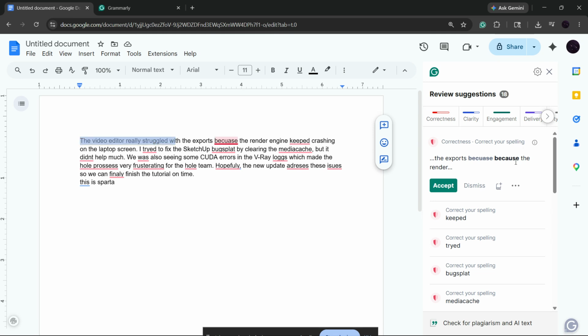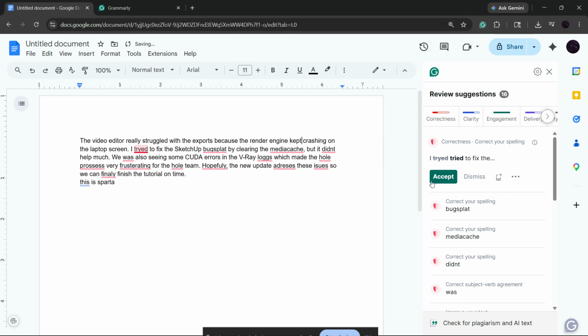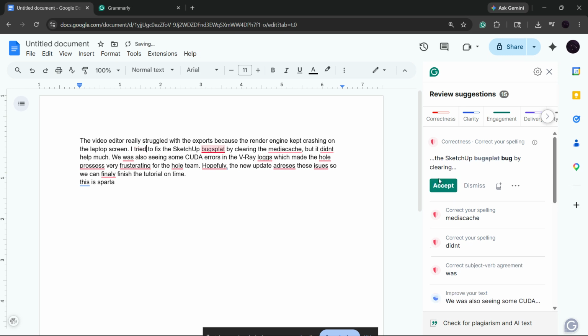correction. That auto jump feature is the real time saver here. Instead of searching around your document after every fix, Grammarly moves you straight to the next issue, so you can keep clicking through the list as fast as you want. This makes it feel almost like bulk accepting, even though you're still reviewing each change individually. If you have a long document, this workflow can save a lot of time and help you polish your writing